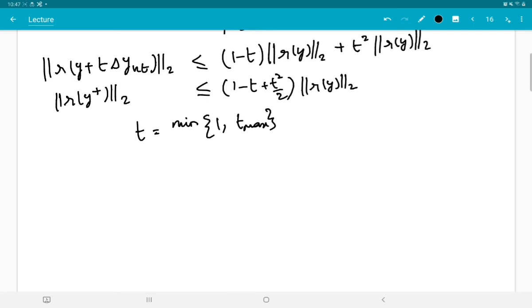We'll notice that if we are using this in the quadratic phase, t can only be equal to 1. For t to be equal to 1, we should have t max greater than 1, and t max cannot be less than 1. Why? Because if t max is less than 1, then this entire term is less than 1,